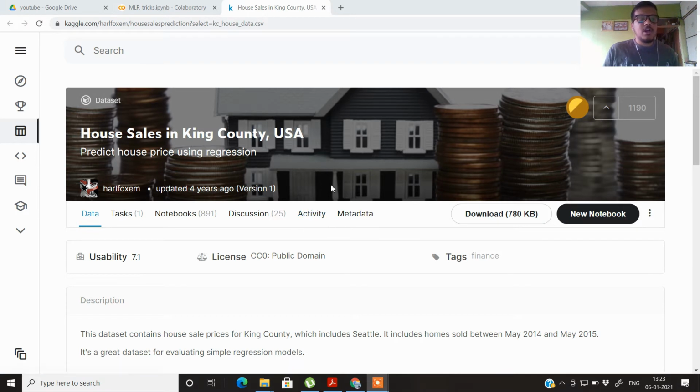In this video, I am going to show you some tricks and techniques which you can apply to your regression models whenever you are building one. So what we are actually going to do in this tutorial is that we will be using some techniques like backward selection for removing insignificant variables from our data set which are not contributing to the model.